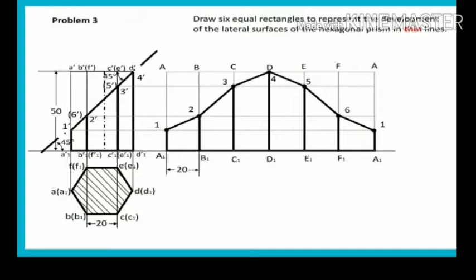That is the perimeter of the top view. Each side is 20 mm, so 120 mm is the length of the development. And what is the height of the development? That is the height of the front view, and there are 1, 2, 3, 4, 5, 6 sides and 6 rectangles in the development of the hexagon.